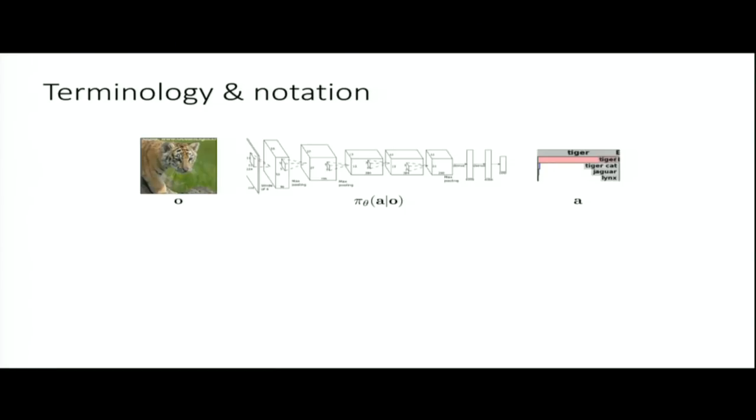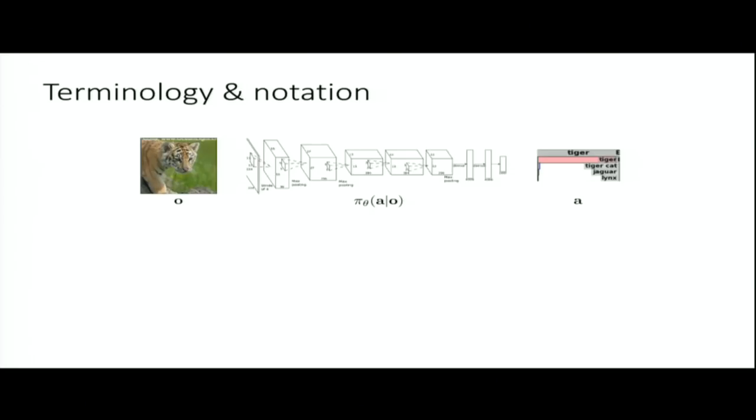And I'm going to use some funny notation here. I'm going to actually start using the reinforcement learning notation for this, which is just a supervised learning problem. So I'm going to call the image O for observation, and I'm going to call the output A for action. So you can think of an image classification system as a system that takes an action, and that action is basically the label.